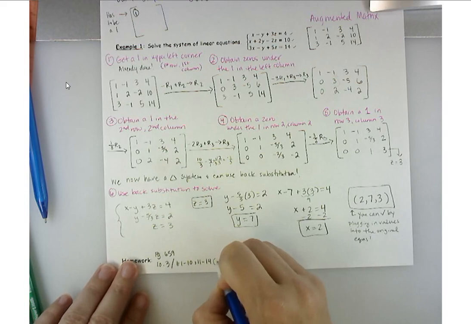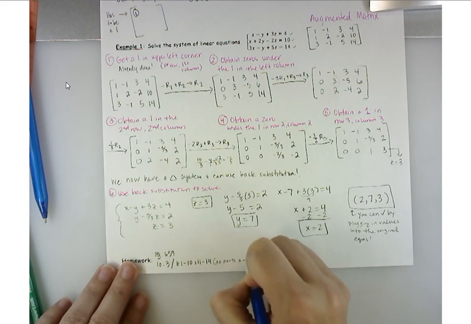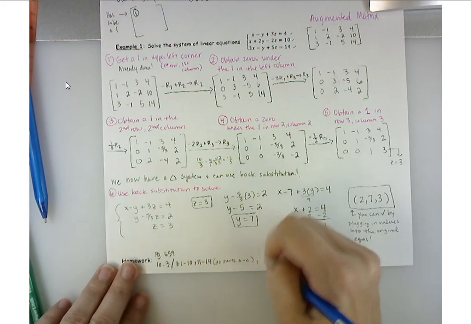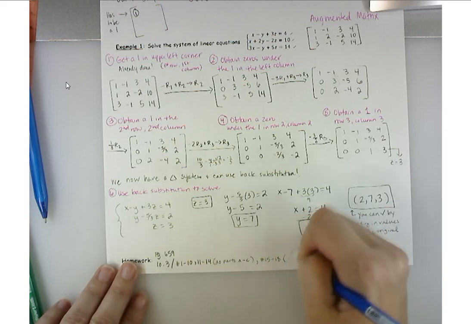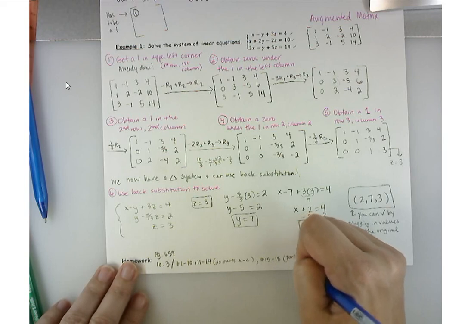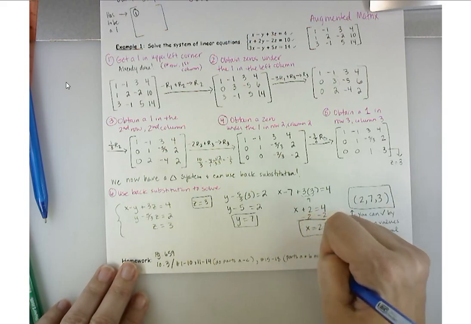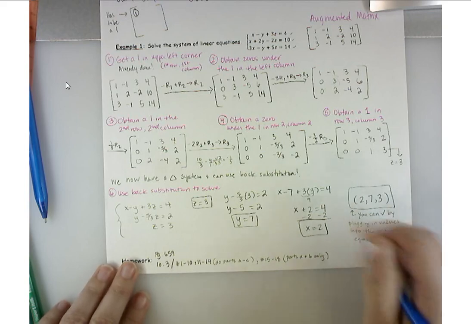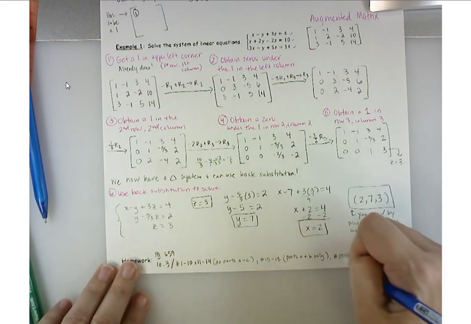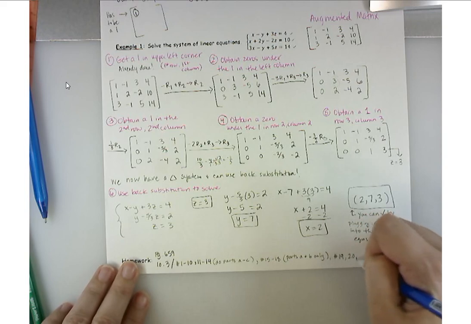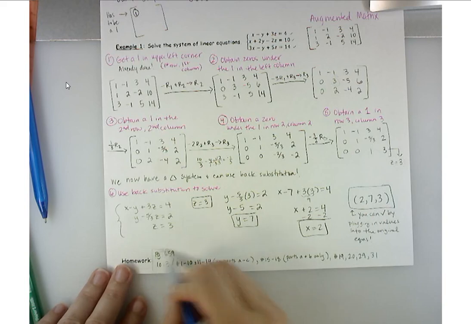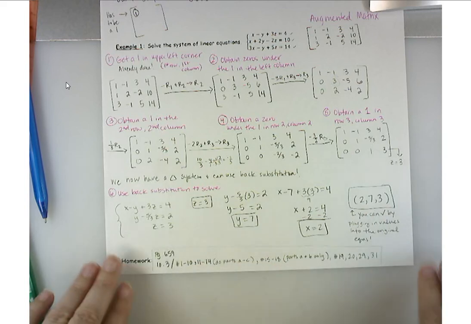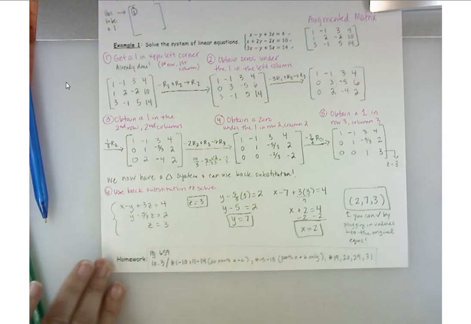For 11 through 14, you're going to do parts A through C, but then for 15 through 18, you're going to do A and B only. All right, and then you're going to do 19, 20, 29, 31. Okay, and then I'll put your book up so you can